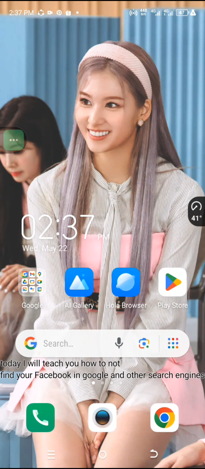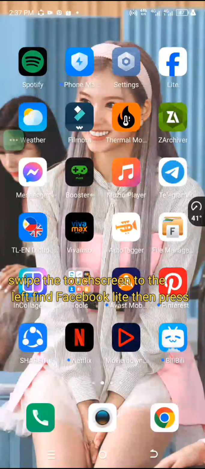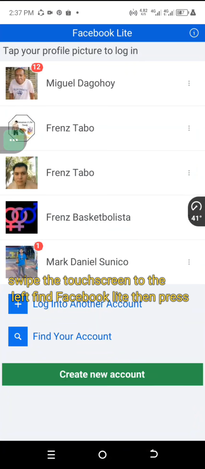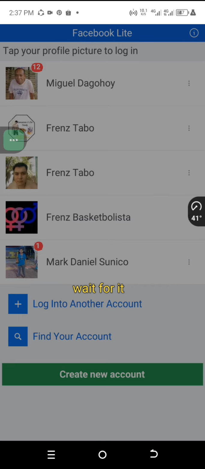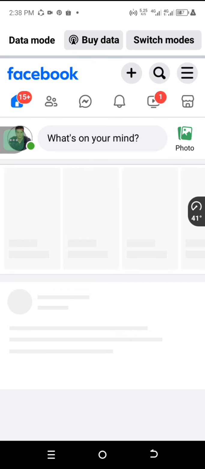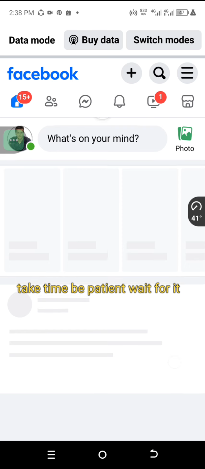Today I will teach you how to not find your Facebook in Google and other search engines. Swipe the touchscreen to the left, find Facebook, like, then press. Wait for it. It's loading and okay. Take time, be patient, wait for it. Right,